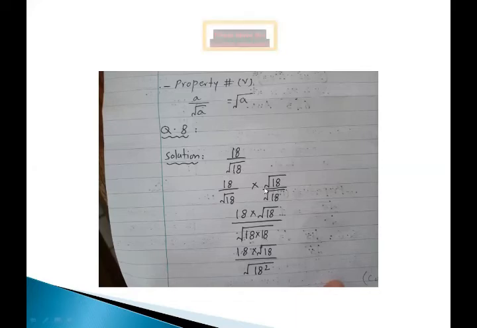We will multiply it by under root 18 divided by under root 18. Why? Because anything which is multiplied in the numerator is to be multiplied in the denominator as well. So 18 multiplied by under root 18, it would go like that, and under root 18 multiplied by under root 18, it would go like that. Why? Because in a product we write under one under root. So 18 multiplied by 18 would be 18 square. 18 multiplied by under root 18 would go like that.